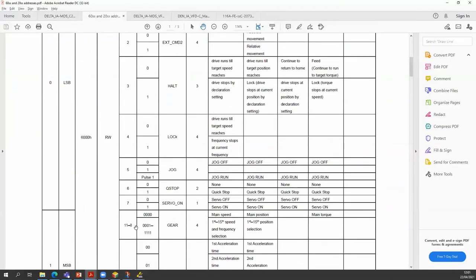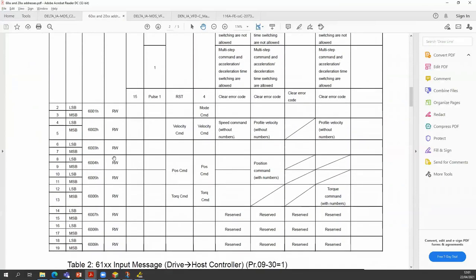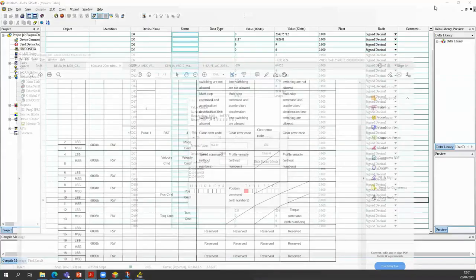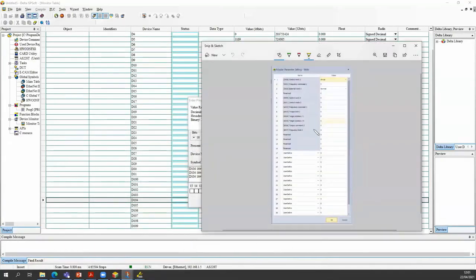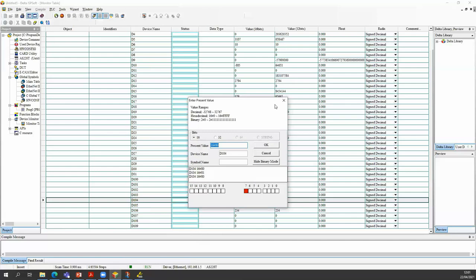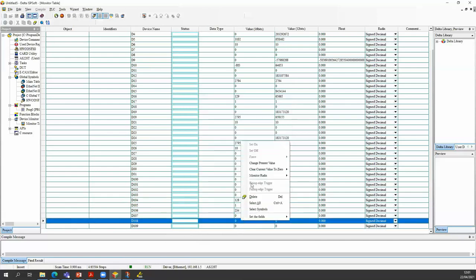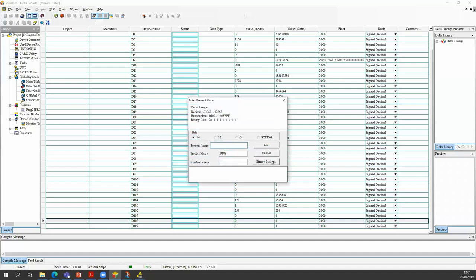So you can check again this definition of 6000. You can see in 6004 and 6005 you have the position command. So that is 4 and 5. That means the target position will be in D8 and D9. You can also set it here. So if I give it a command of 10,000 in relative mode, then that will mean that the drive will